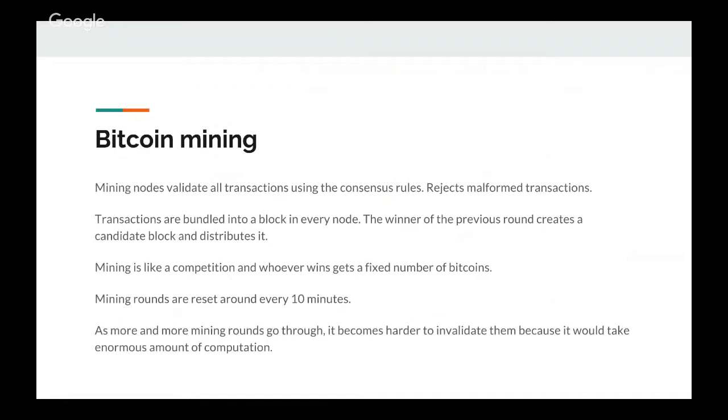Bitcoin mining has multiple functions. One is that it makes sure that the transactions are correct and rejects malformed transactions. The way it works is it also releases new coins. So every time someone wins a round of mining, they get a certain number of new Bitcoins that are released into the system. And all the transactions that are coming in are bundled into a block in every node,